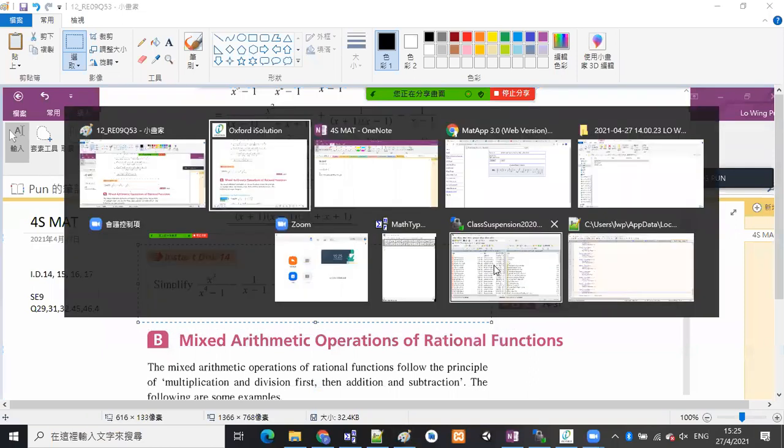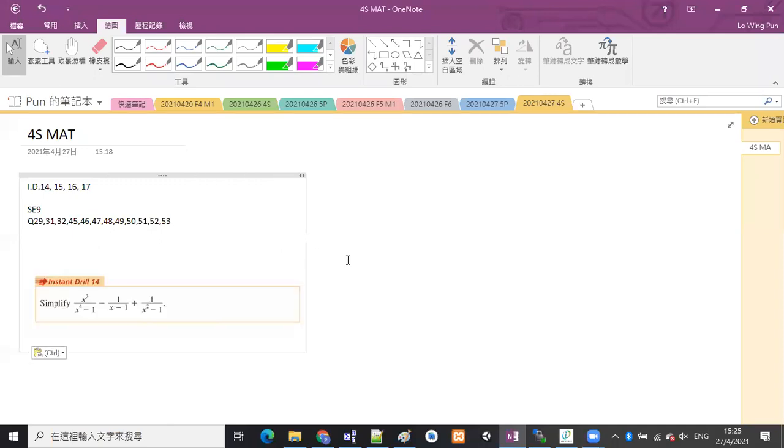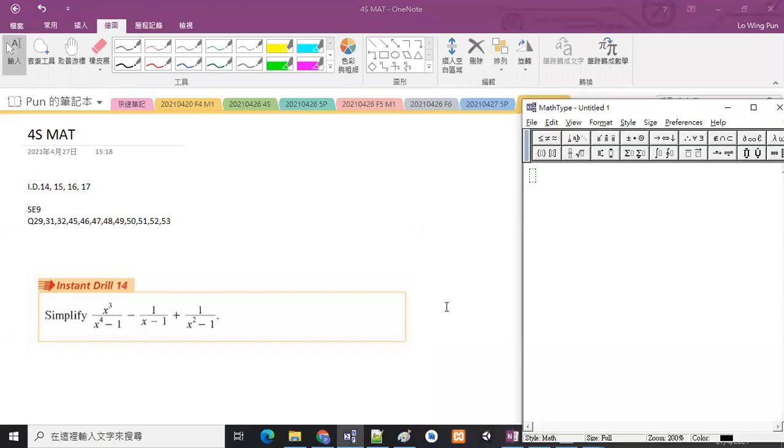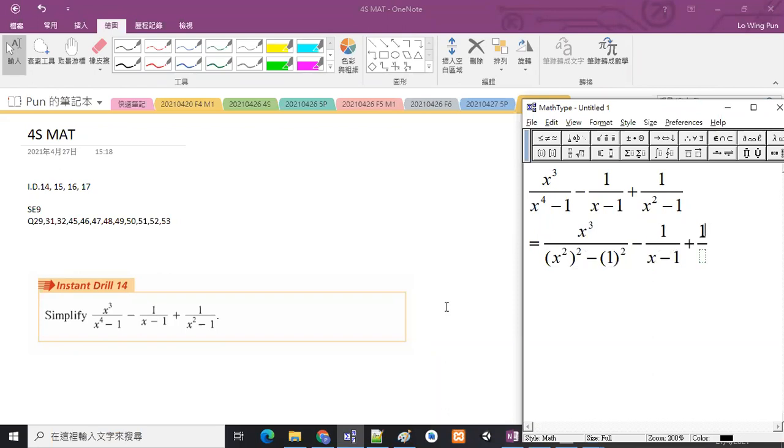So instant drill number 14. So we have x cubed over x4 minus 1 over x minus 1 plus 1 over x square minus 1。嗱，呢度咧4次方嘅，我哋一般嚟講咧都會將佢睇成咧係 x square to the power 2, and then 1 will be 1 square, right? Okay, and then plus this x square minus 1 becomes x plus 1, x minus 1, and then